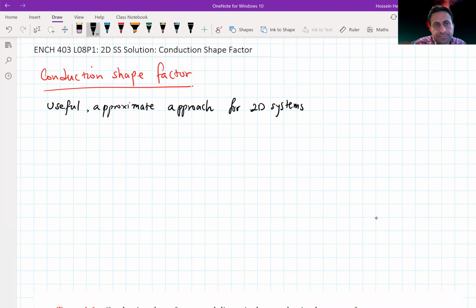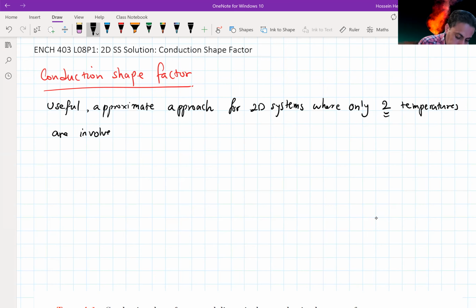There is a limitation, where only two temperatures are involved. And it's a quick and straightforward calculation. It provides